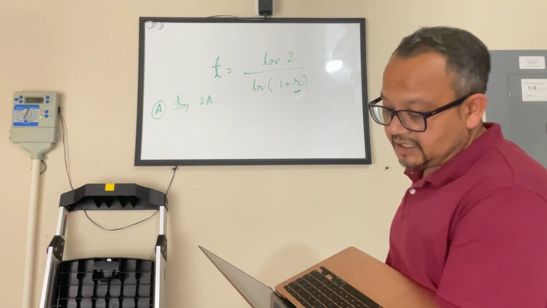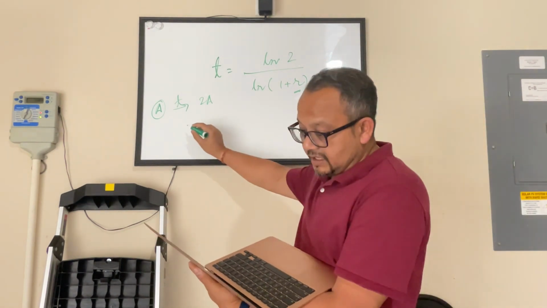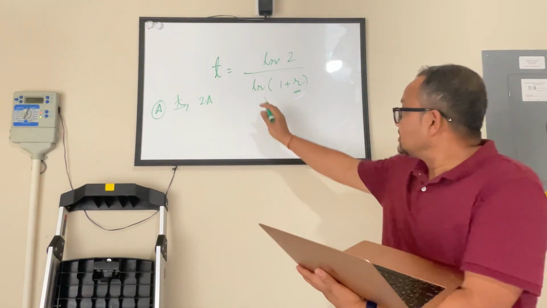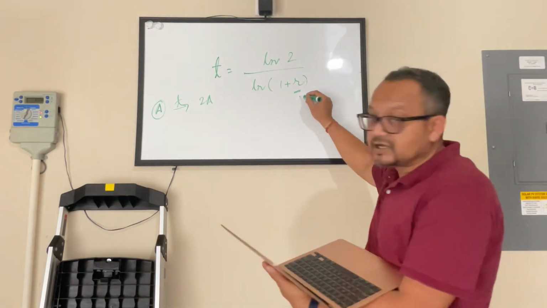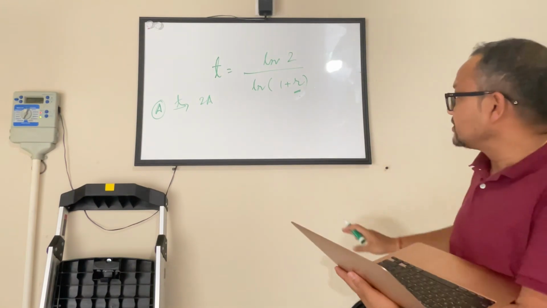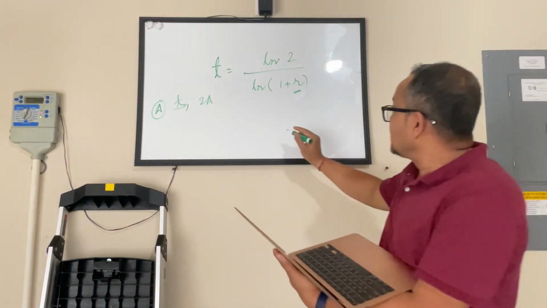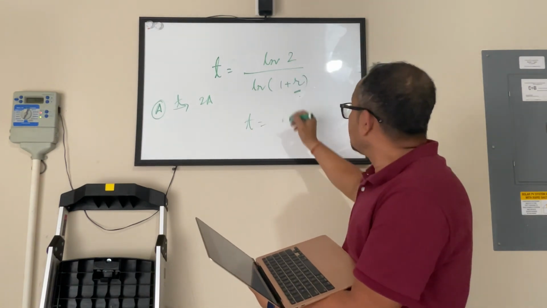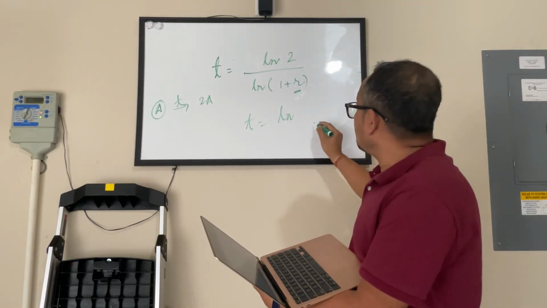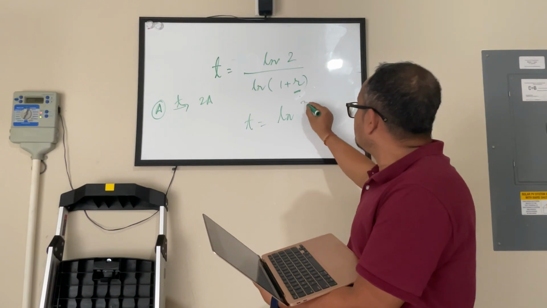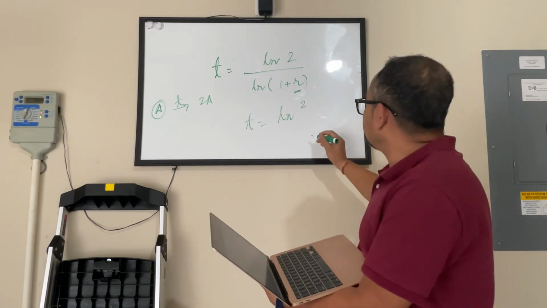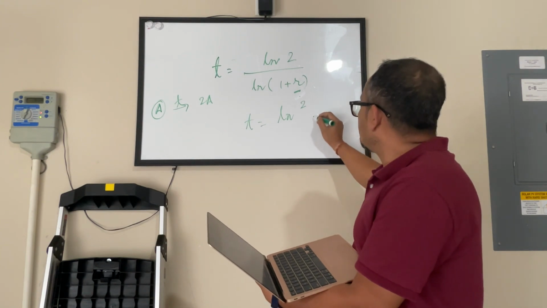Now, this is saying the relationship between T and R. T and R, how are they related? That's what this is saying. So here, what we can say, T equals what? Log 2, okay,